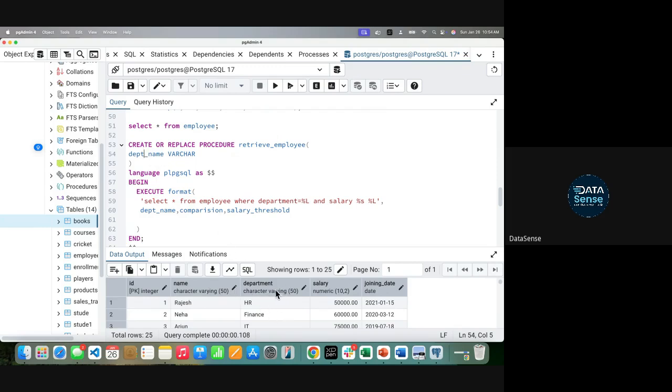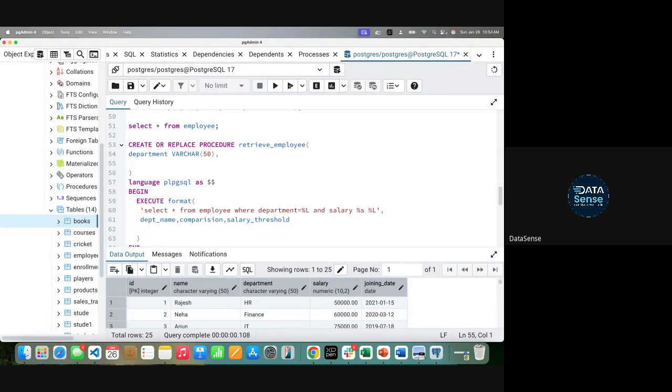That is important. Just like in a Python function, you can define any variable name of your choice. Right now I'm keeping it as department to have some clarity. Varchar, and this is 50, as it is given there.